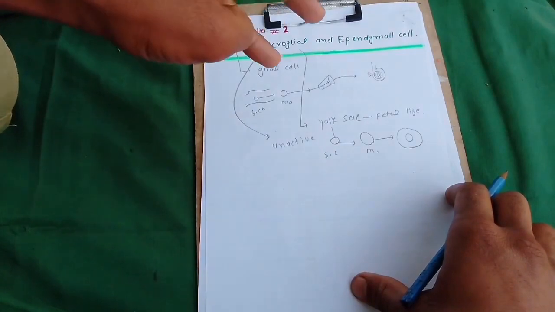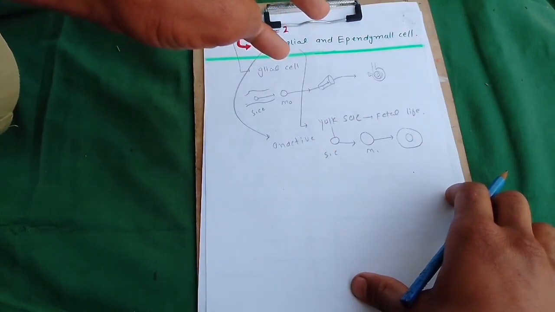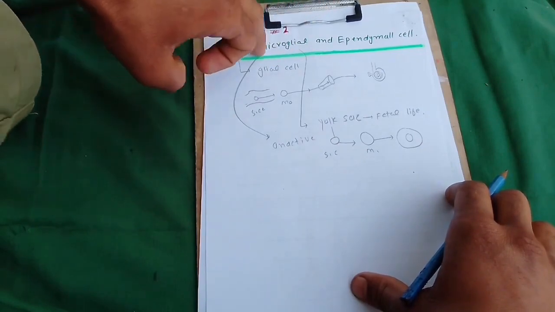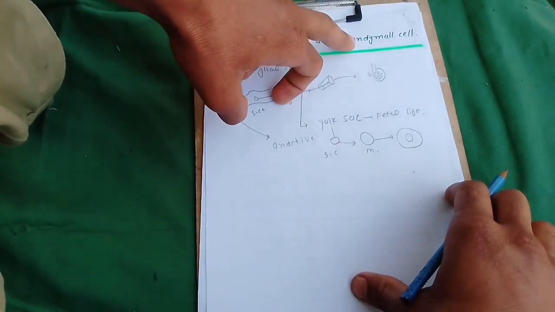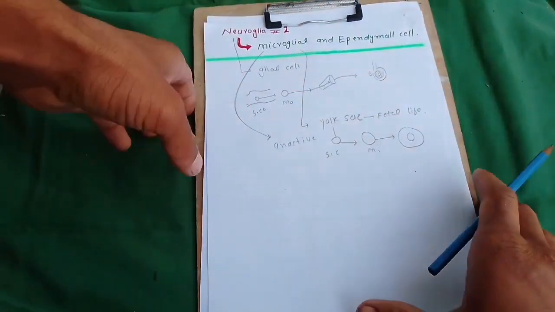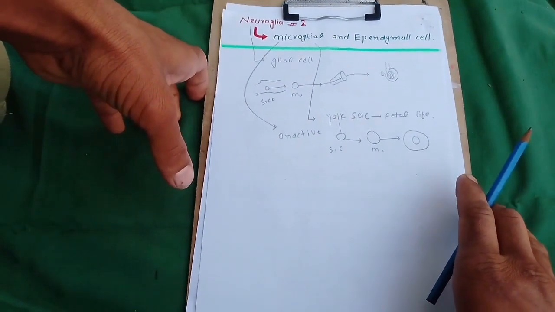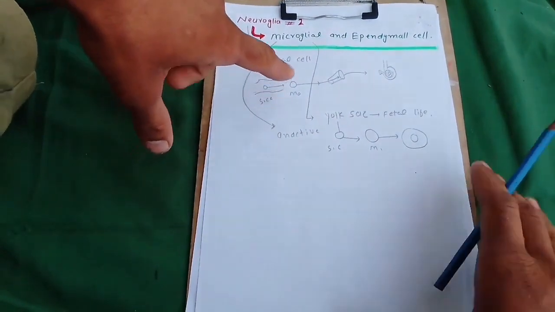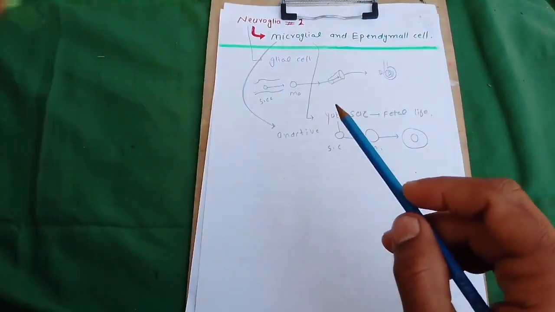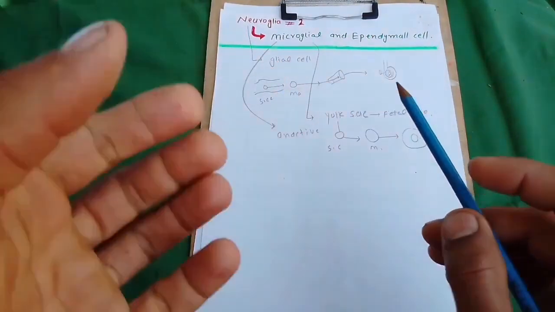The peripheral nervous system has two types of cells, Schwann cells and satellite cells. But the central nervous system has microglial cells, ependymal cells, astrocytes, and radial cells. So the ependymal cell is also a supporting cell of the central nervous system. Ependymal cells are the supporting cells